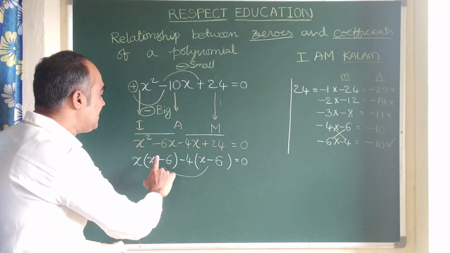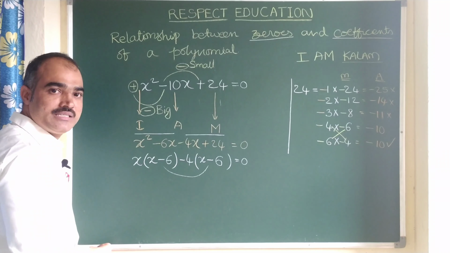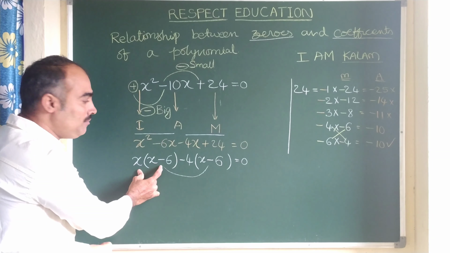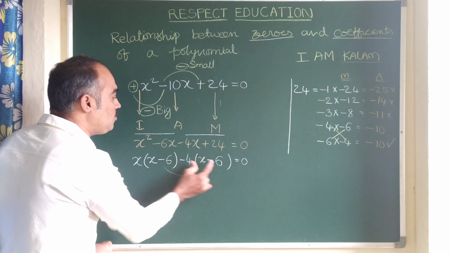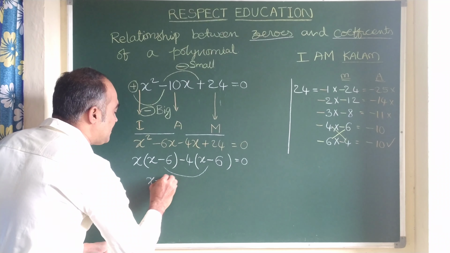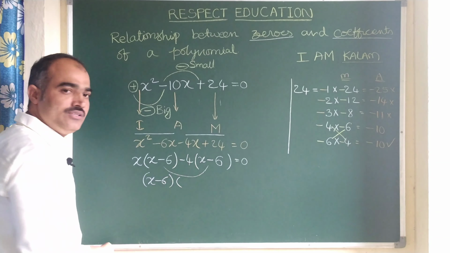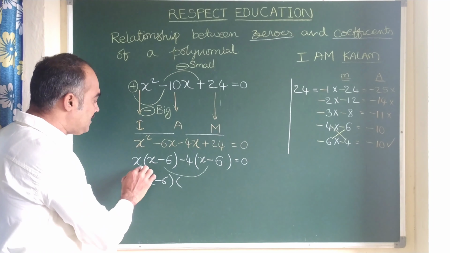You can remember it. Now you see here how many terms are there, children? This into makes one term. This is another term. So here two terms. See, in the question 3 terms were given, we made it into 4 terms. Again the 4 terms are made into 2 terms. In these 2 terms, which is common? x minus 6 is common. I am taking x minus 6 common. Here you see, in the first term, x into x minus 6.